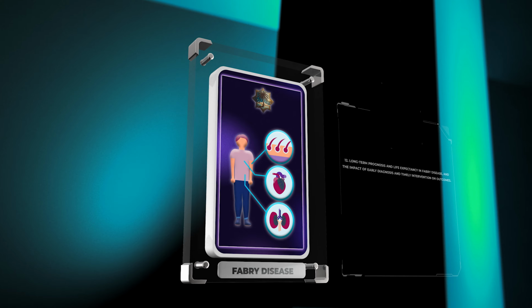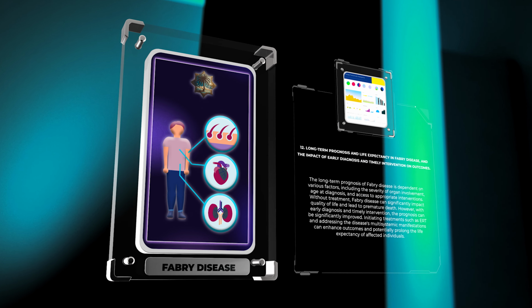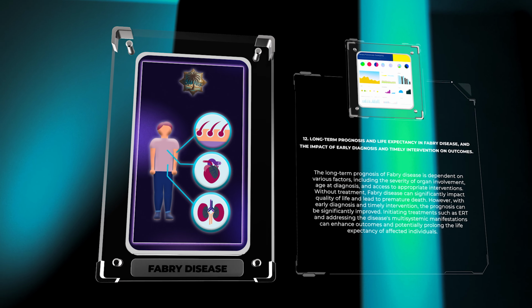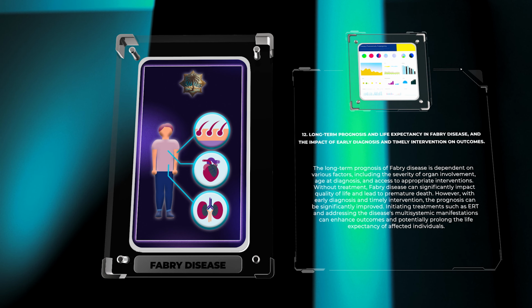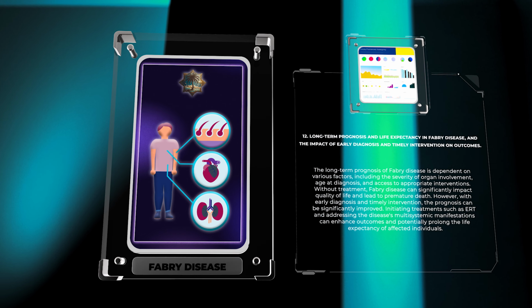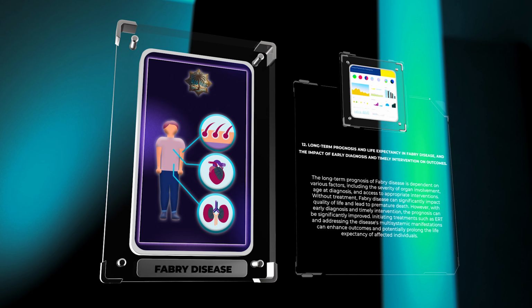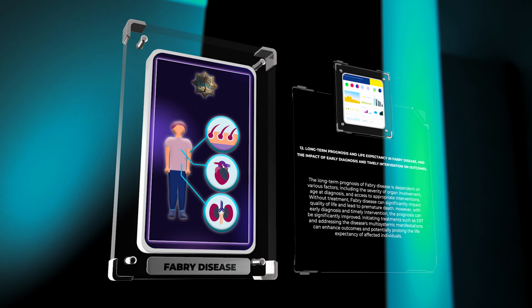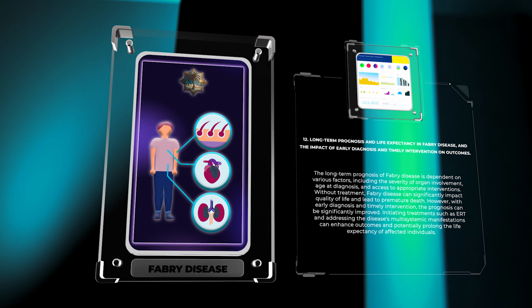The long-term prognosis of Fabry disease is dependent on various factors, including the severity of organ involvement, age at diagnosis, and access to appropriate interventions. Without treatment, Fabry disease can significantly impact quality of life and lead to premature death. However, with early diagnosis and timely intervention, the prognosis can be significantly improved. Initiating treatments such as ERT and addressing the disease's multisystemic manifestations can enhance outcomes and potentially prolong the life expectancy